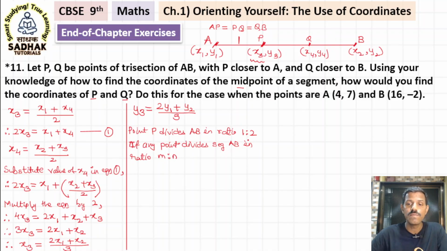So we are using variables in place of absolute numbers. Instead of 1 is to 2, I am saying m is to n. Then the coordinates of that point P. So here we have taken the coordinates of point P as x3 and y3, okay. So that will be equal to